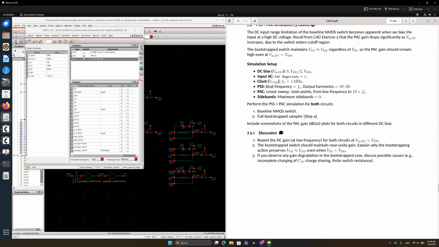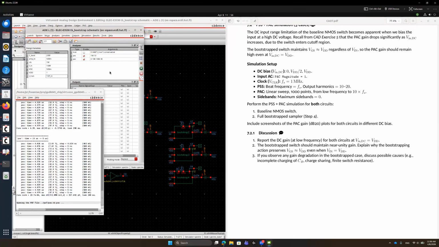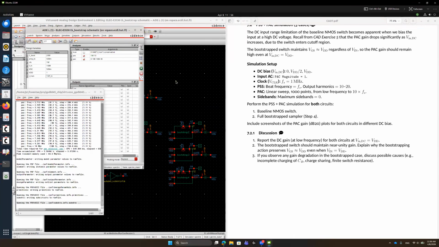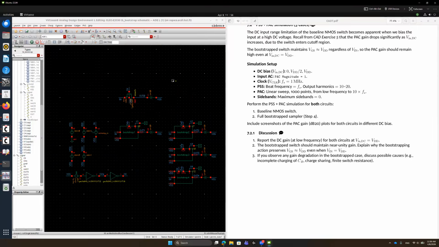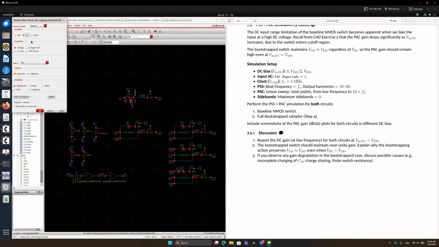So baseline MOS and bootstrapped sampler. Okay, then we can run this. Let's see how it goes. Okay, it's complete. And PAC gain dB20, right? So dB20 here, PAC, okay, and if I plot it,